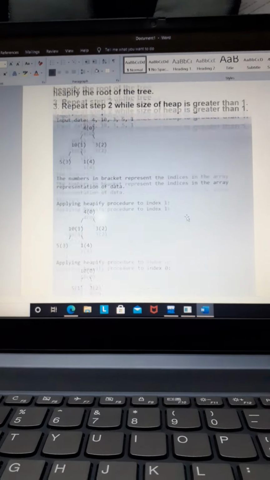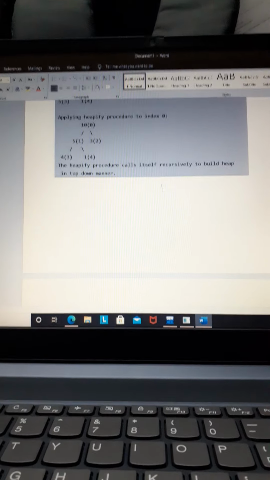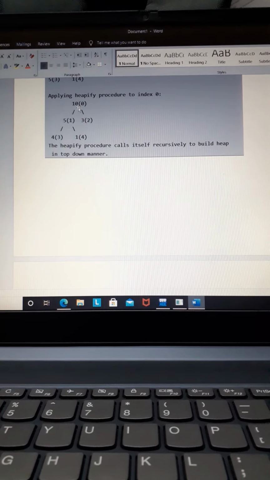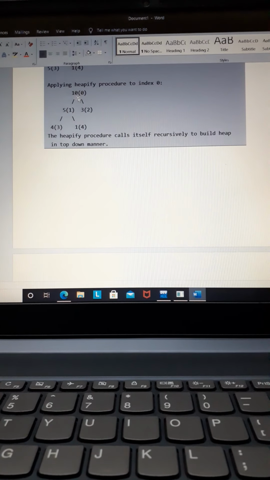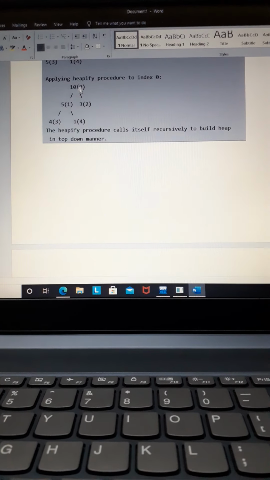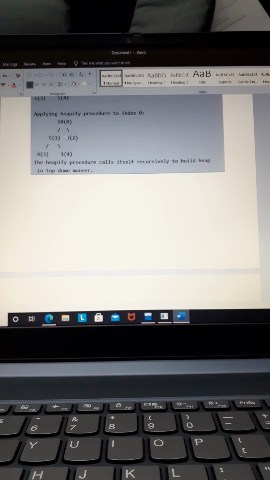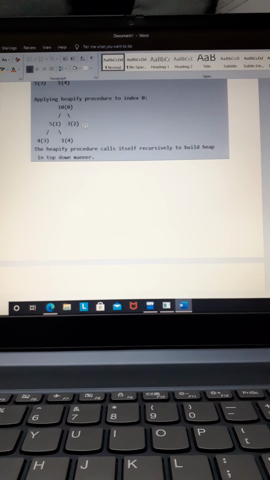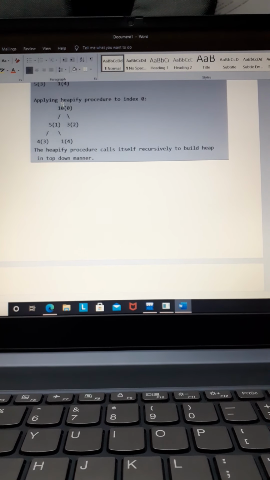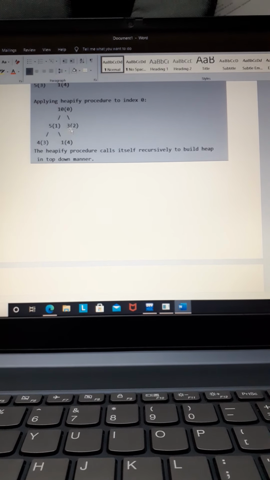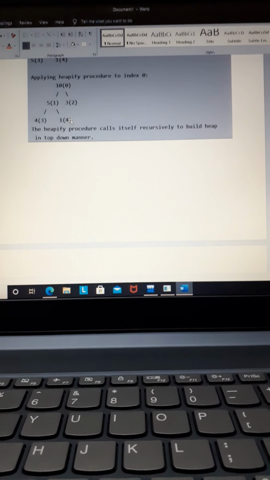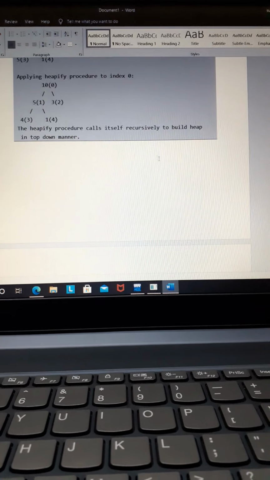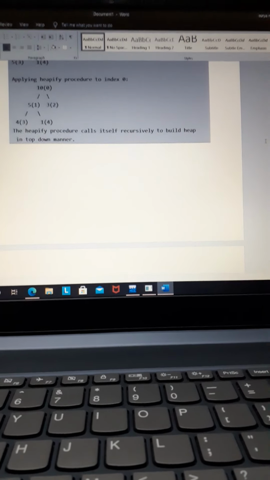Before going to the algorithm, let me show an example of a binary heap. So this is a binary heap. This is actually a max heap. Here we can see that the parent node has a higher value than the values stored in the two children, and this is a complete binary tree because every level, except possibly the last, is fully filled, and it is filled as far left as possible. So this is a complete binary tree and it's a max heap.